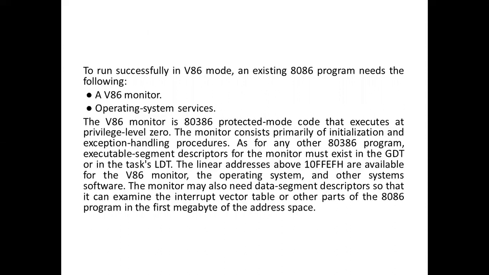Then after that, we have seen the part related to the virtual mode 8086 programs. It will have a V86 monitoring, and different functionalities with respect to protection privileges, because this monitoring of 80386, when expected in protected mode, will be executing with privilege 0, right? So it will have the two appropriate privileges that can be provided.